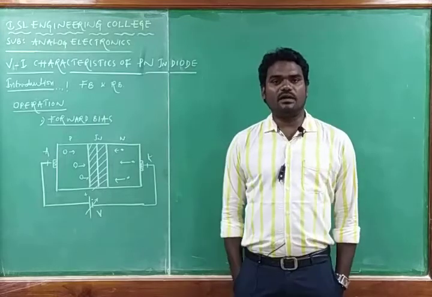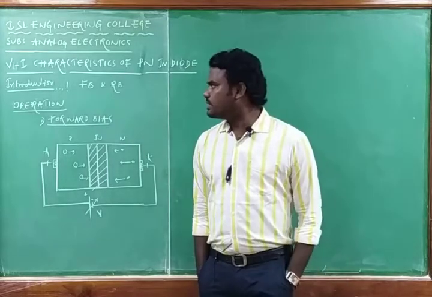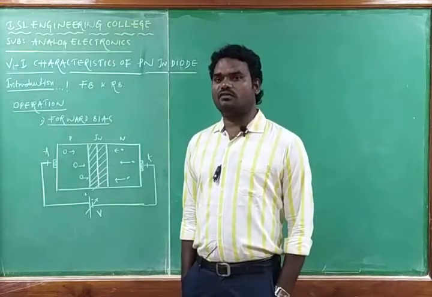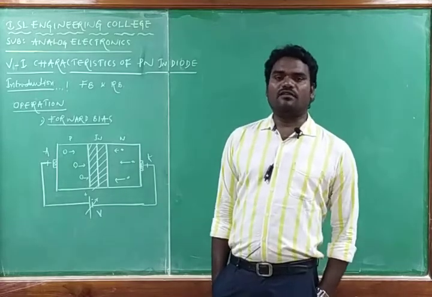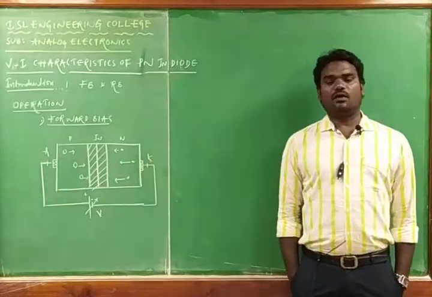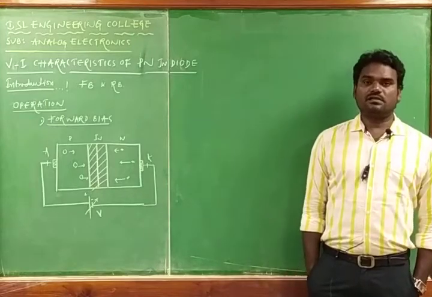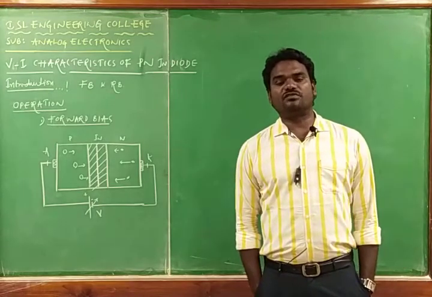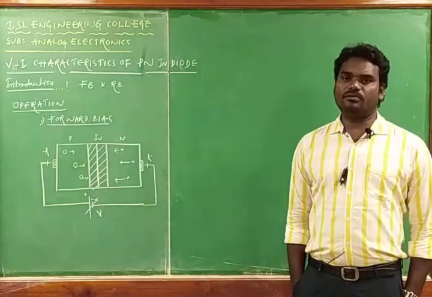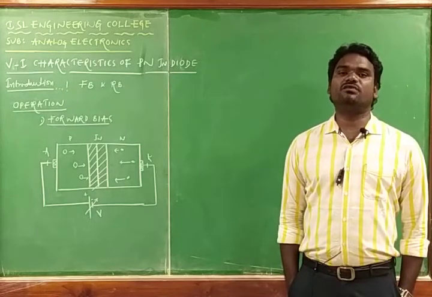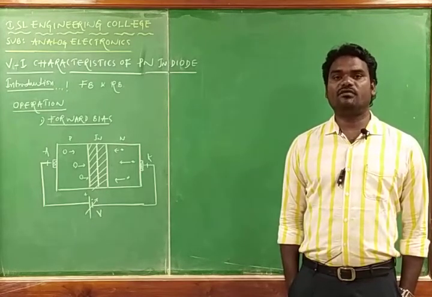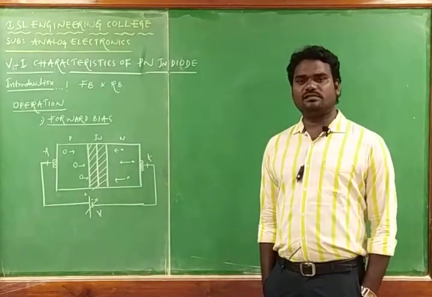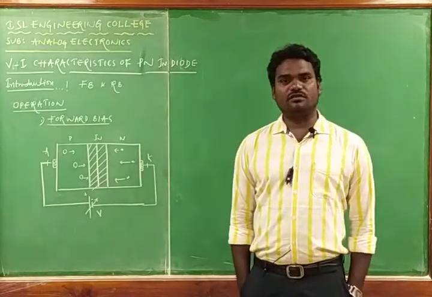VI characteristics are nothing but volt ampere characteristics. Then we have to study the VI characteristics of PN junction diode in forward bias and reverse bias. In the last class, I explained, in short, the necessity of biasing, and what is forward bias and what is reverse bias. Biasing means, in order to get a function from an electronic device, it has to be on, and applying external DC voltage to any electronic component or device is called biasing. So a PN junction diode can be biased in two ways: one is forward bias and another is reverse bias.